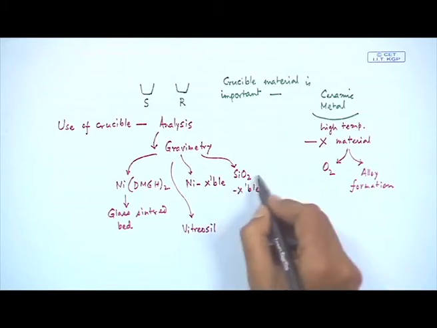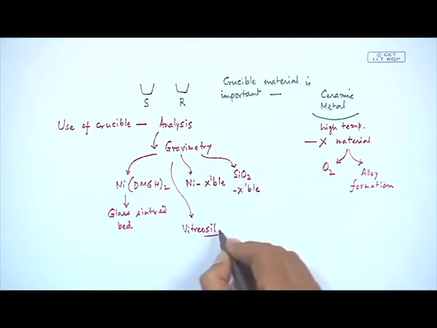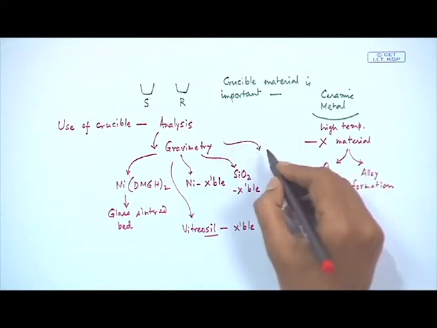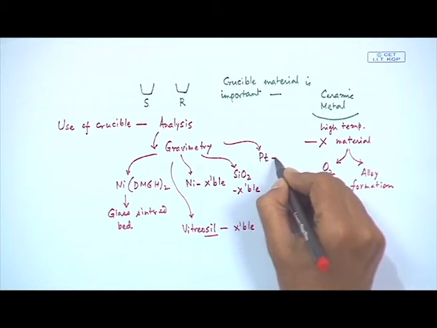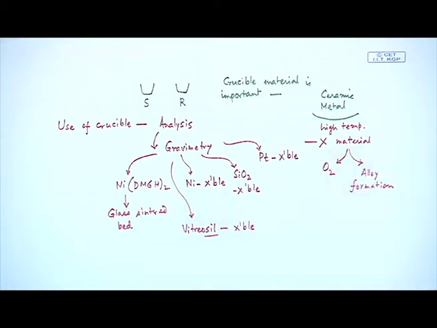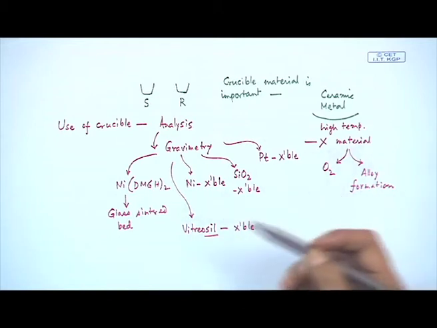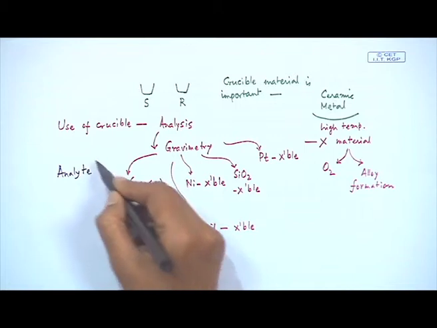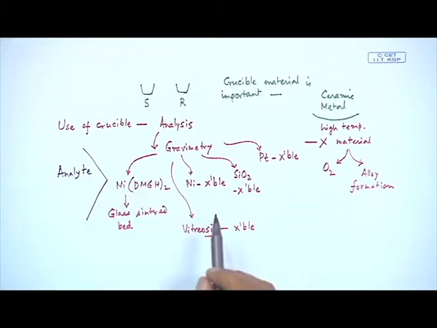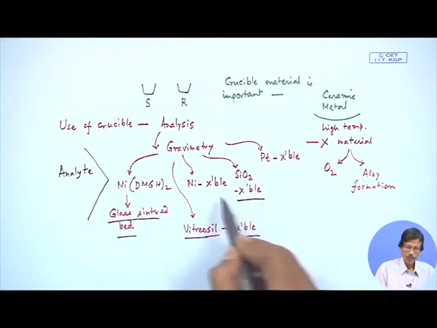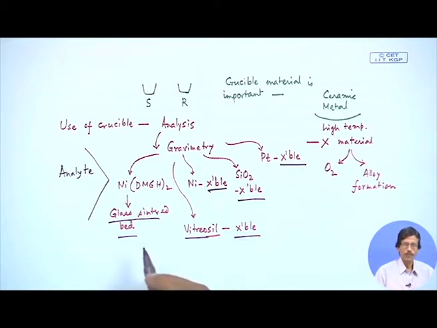Then we can have another special quality of silica crucible, because there is vitreous silica, so vitreous silica crucibles are there, and also for some very sophisticated measurement we use platinum crucible. So, you see, for the very simple gravimetric estimation of some of these analytes or some of these samples, depending upon the analyte you take, you have to choose accordingly the different types of crucibles. So, these are the different types of crucibles.